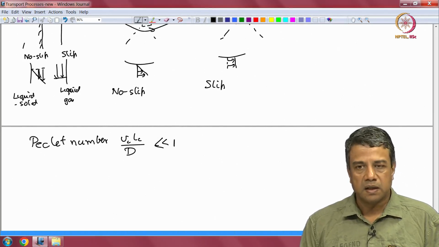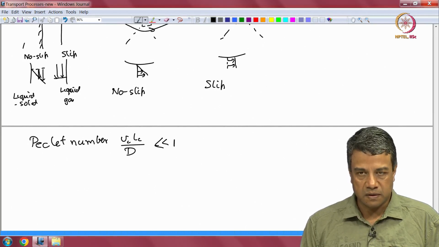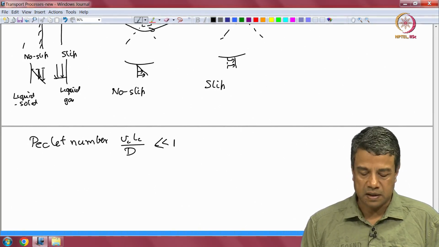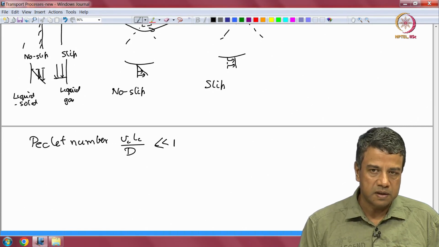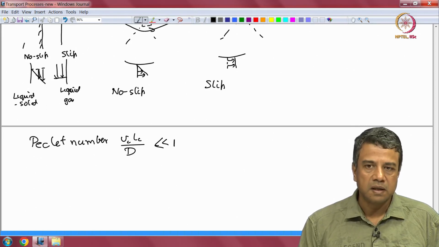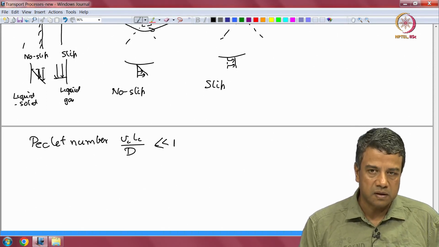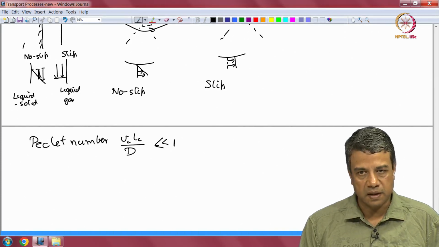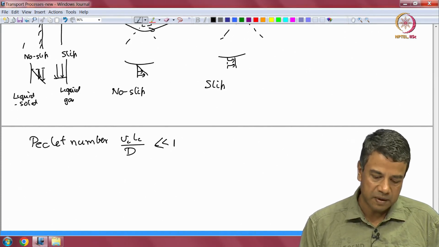That means that you can neglect convection altogether. The fluid flow is not contributing to the transport of mass or heat, or momentum, which we already considered